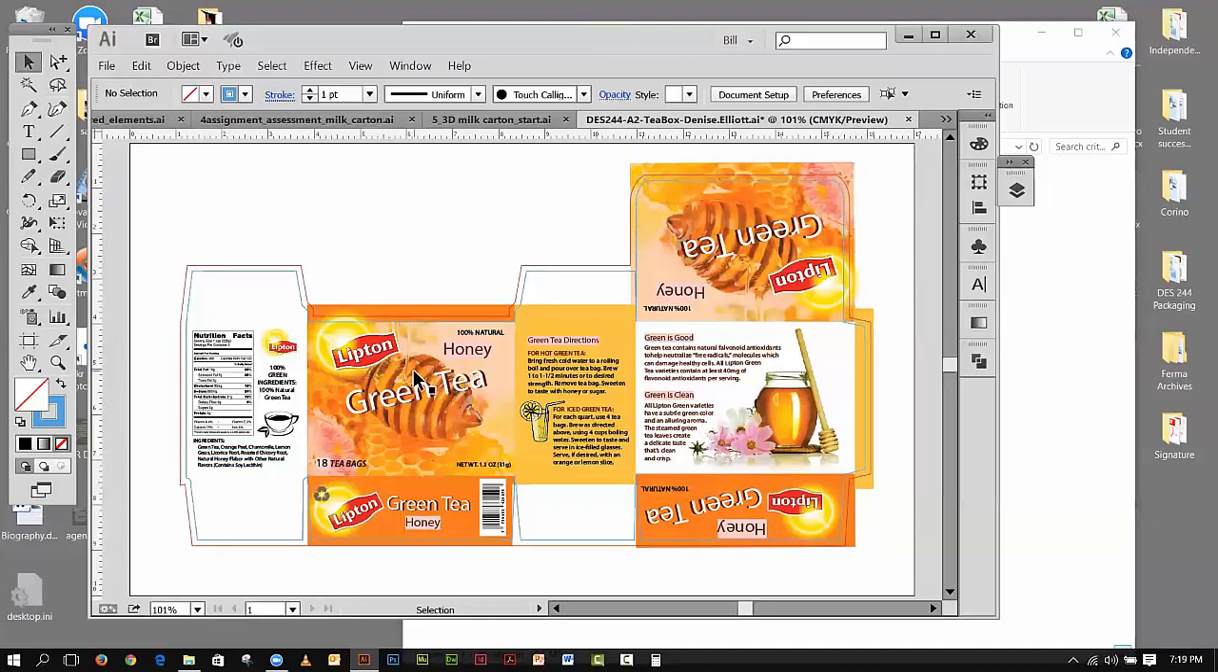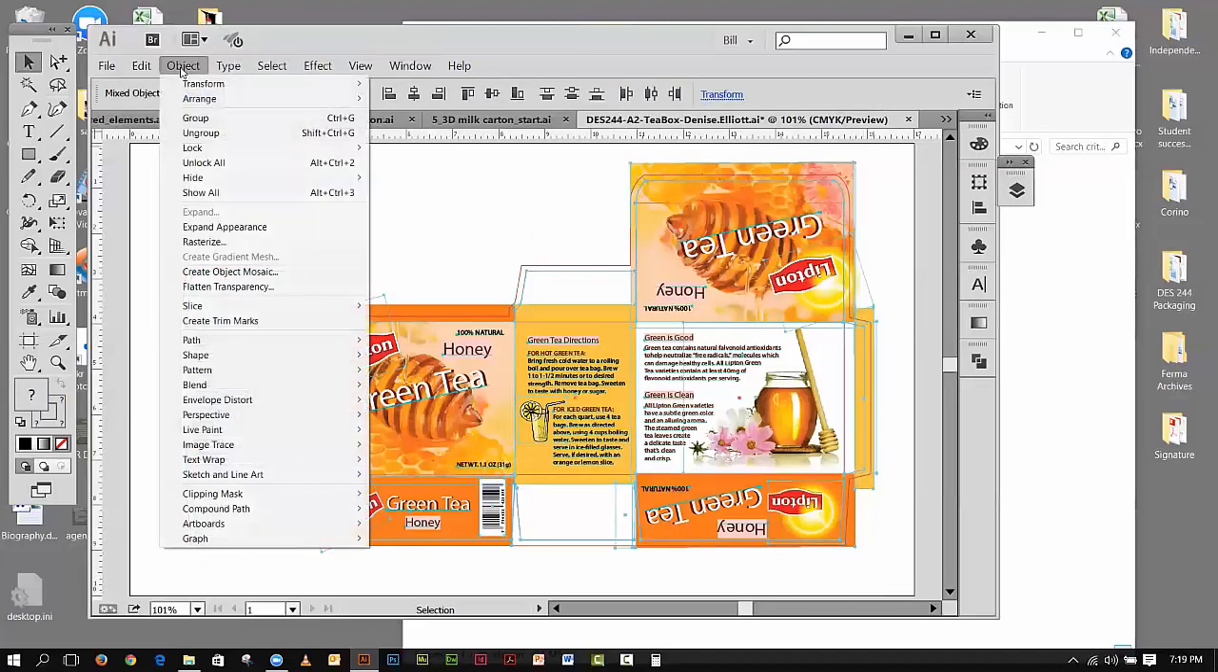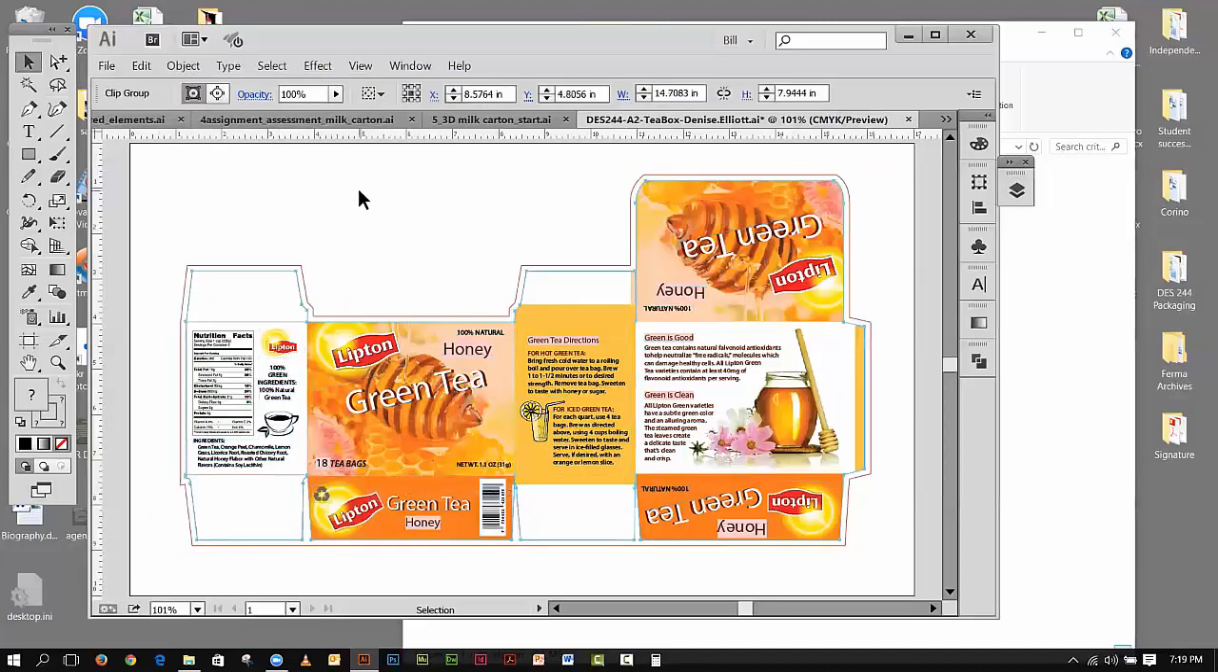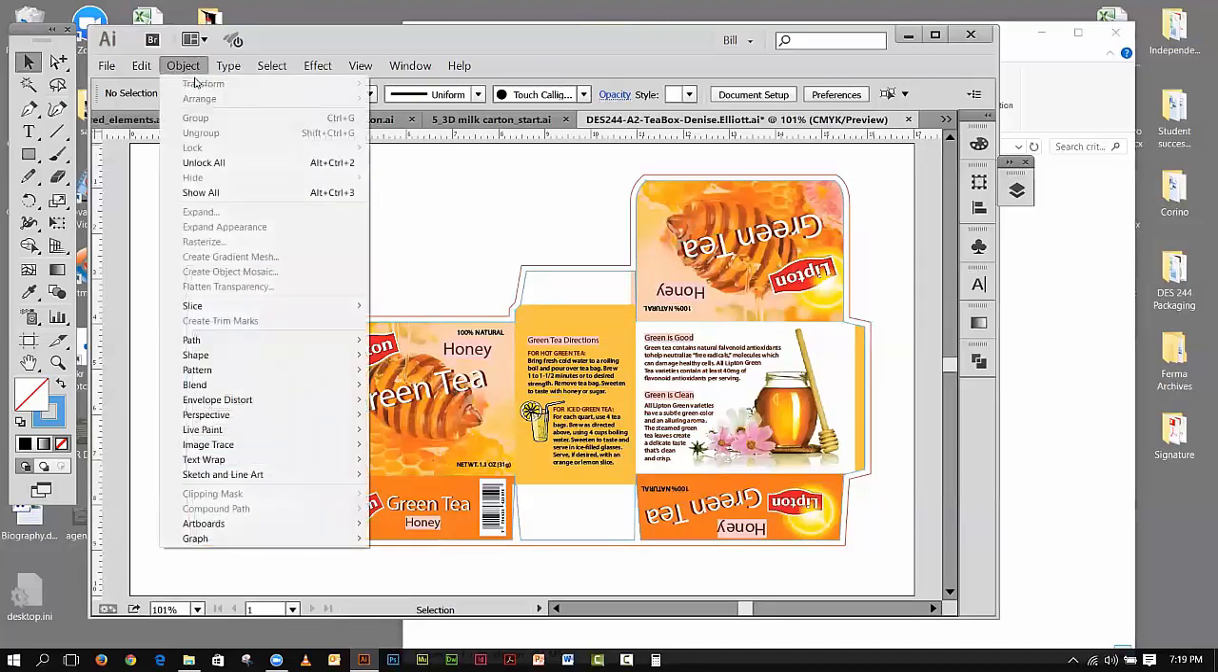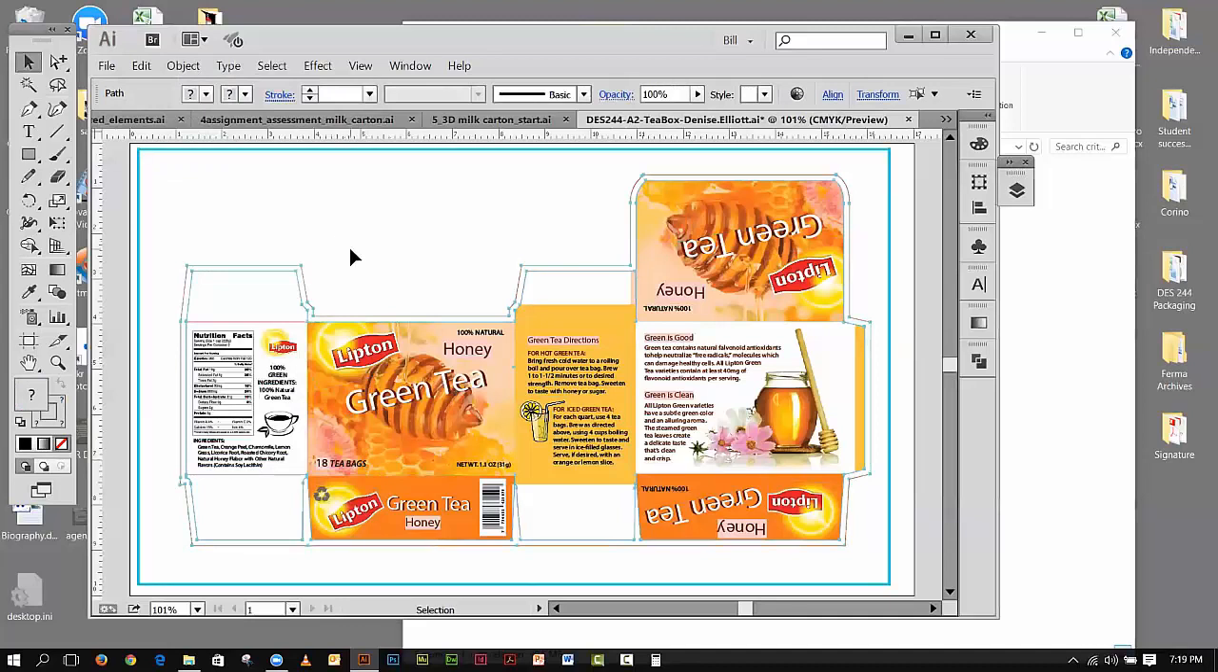front of everything. So what I'm going to do now is select everything again, and go to the Object menu, and go Clipping Mask, Make. And see what it does. When I deselect it, what it does essentially is it crops every single thing all around the entire piece at that die line. So now if I go Object, Unlock All and